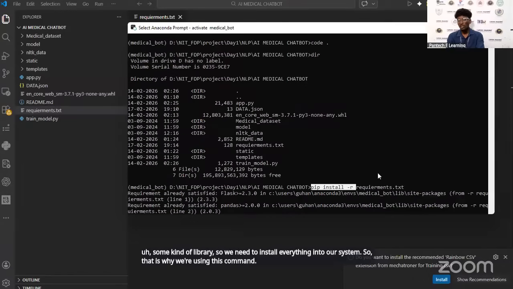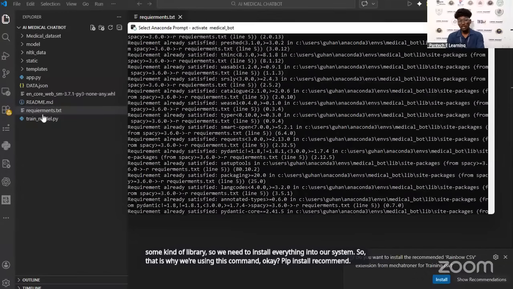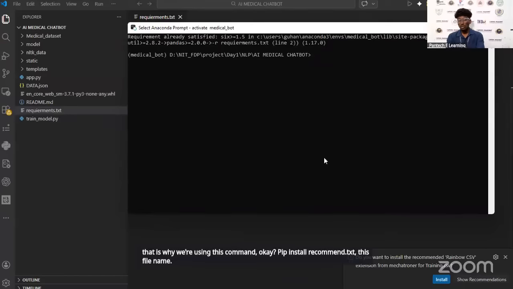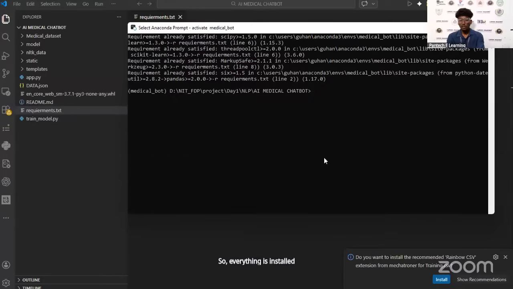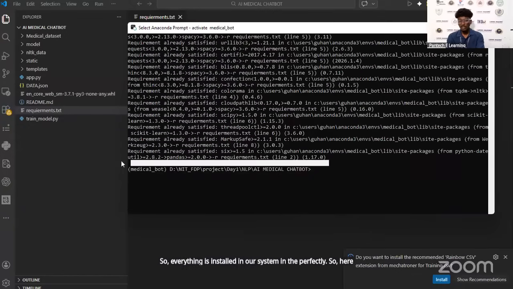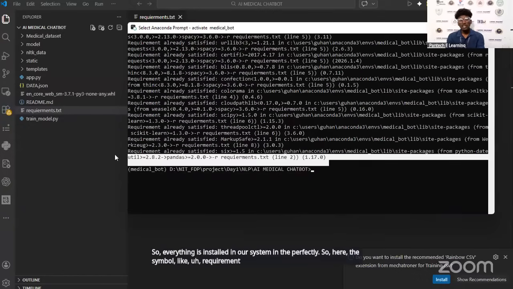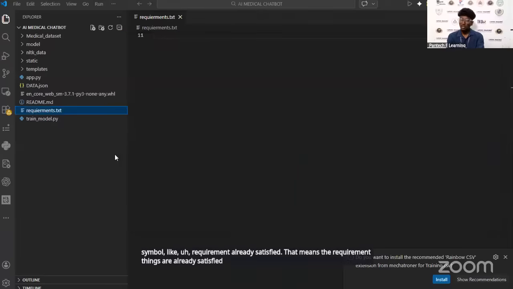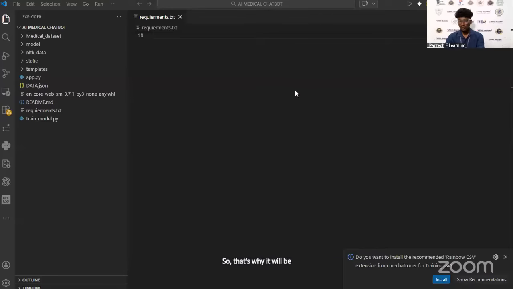Everything is installed in our system. The message "requirement already satisfied" means the requirements are already met, because I ran this project once before showing it to you.